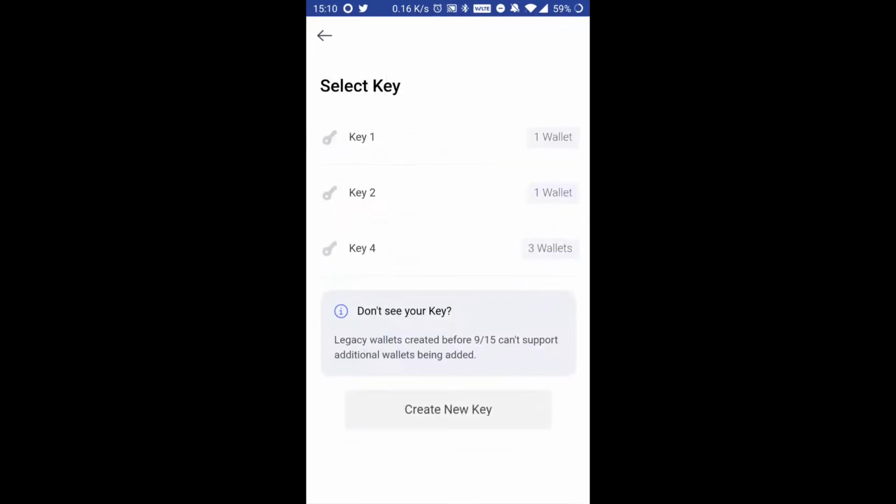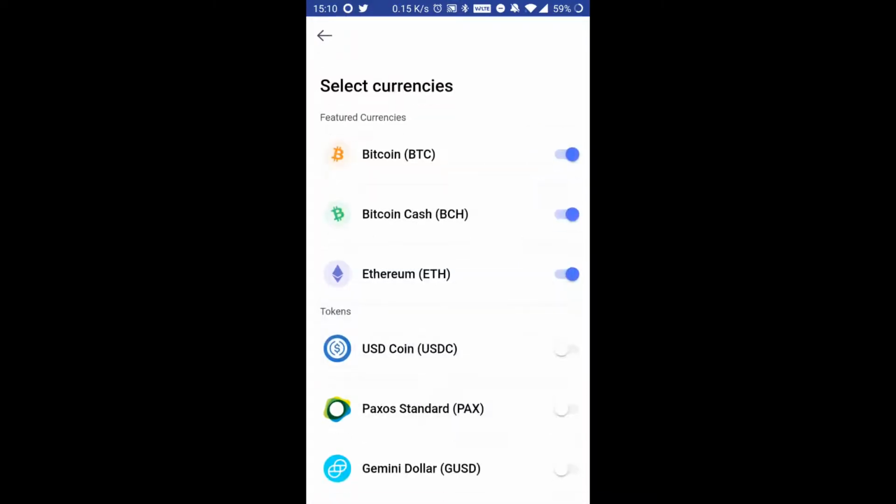Click on the simple wallet, and then from here you can get to choose the key. The key is something that allows you to access the wallet, and it will be encrypted and stored in your device itself. So I'm going to show you how to create a new key that you can access the wallet with. Click on create a new key,